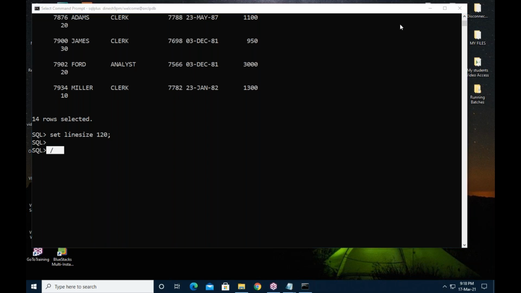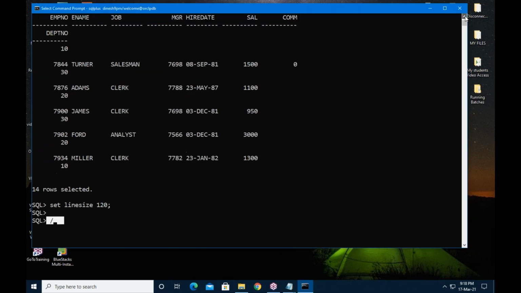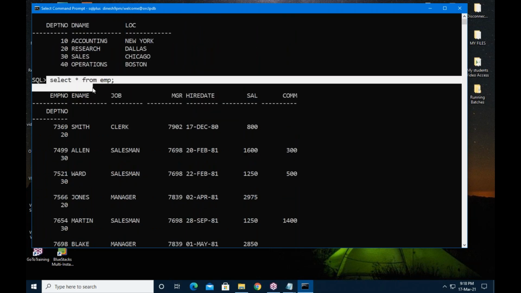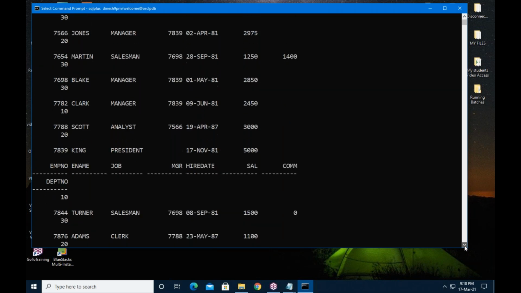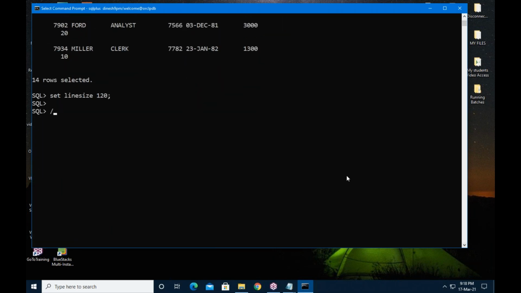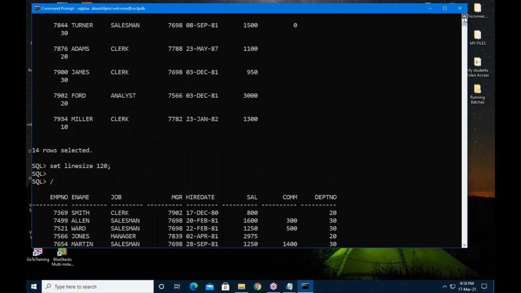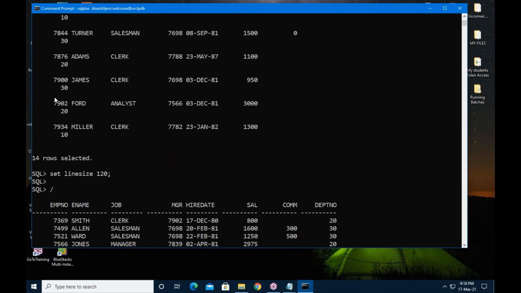What is the latest query here? This is your latest query. That query is executed again if you apply slash. Just find the difference between the previous output and the current output.